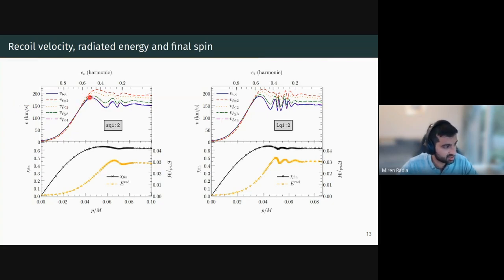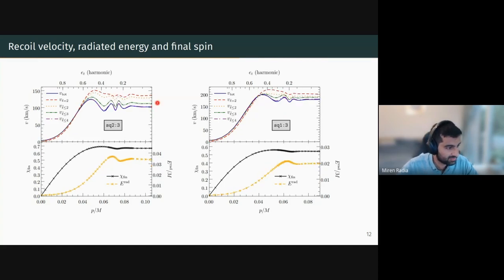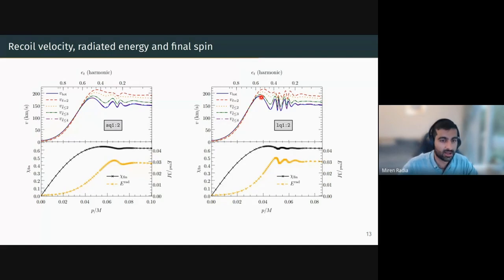You'll notice that the maximum value here that I'm showing with my laser pointer is about 25% bigger than the quasi-circular value. But for the 1 to 3 mass ratio sequence here, it's only about 12%. We also get a slightly smaller kick compared to the quasi-circular value for lower eccentricities. We get these local minima here where the kick is slightly reduced compared to the quasi-circular value